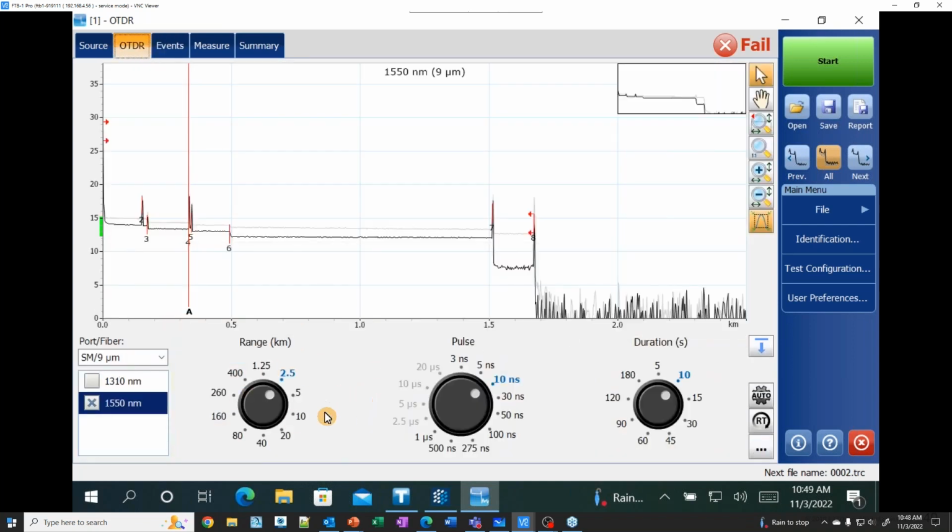Okay, so range, pulse width, and duration. In the past, I always used auto mode to set up an OTDR. I don't do that nearly as much anymore, because of DWDM OTDRs and DWDM transceivers. If you use a DWDM OTDR